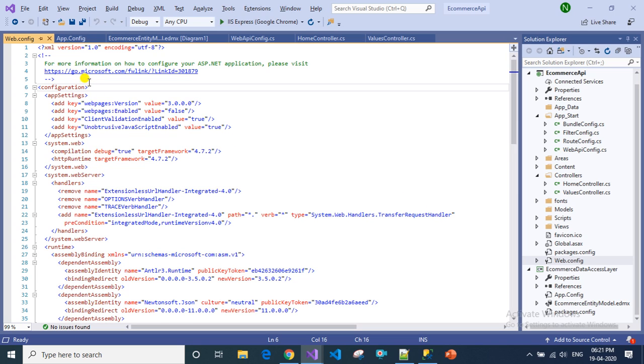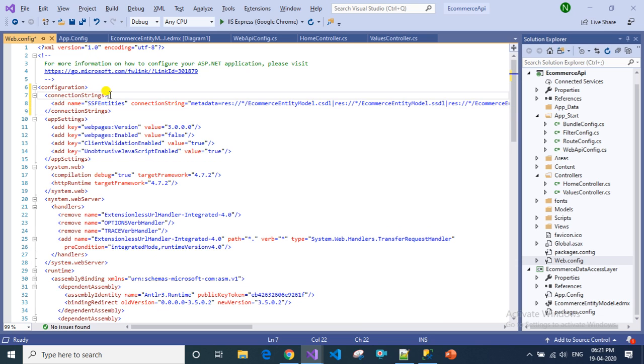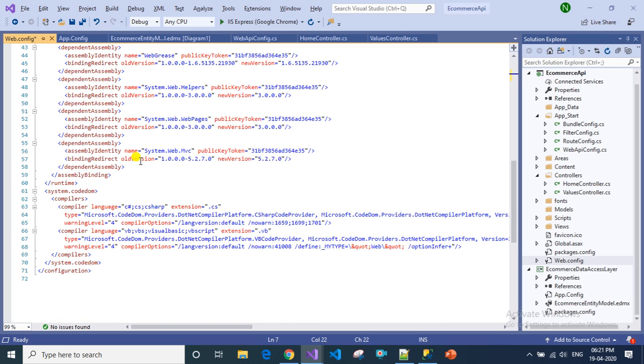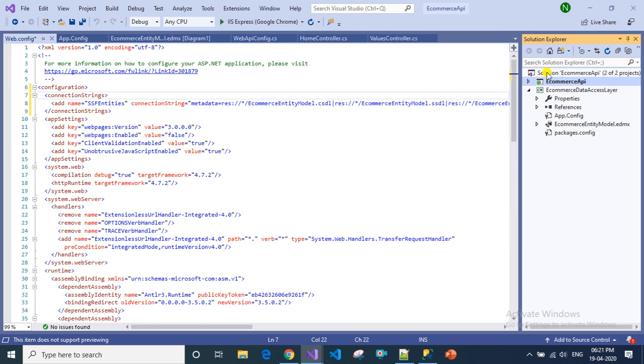In the web config, you have to paste that connection string in the configuration part. Once this is done, you have to build your solution.